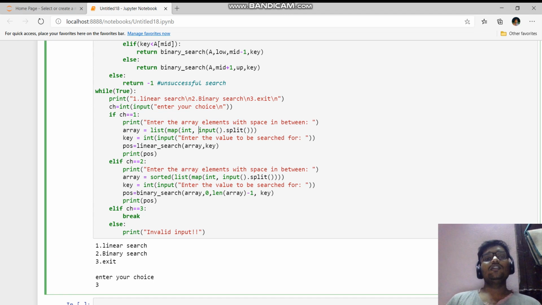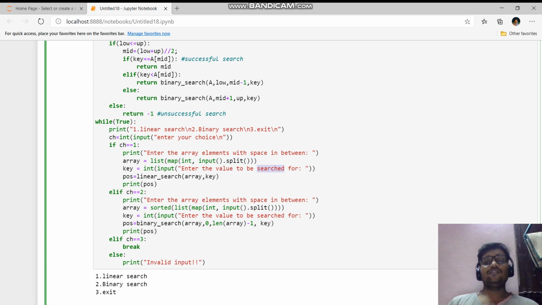We convert the elements to int using this map function, and this map object we convert into a list. That's what we pass to this linear search, and the key value to be searched we prompt the user to enter. These two inputs we pass to the linear search function.